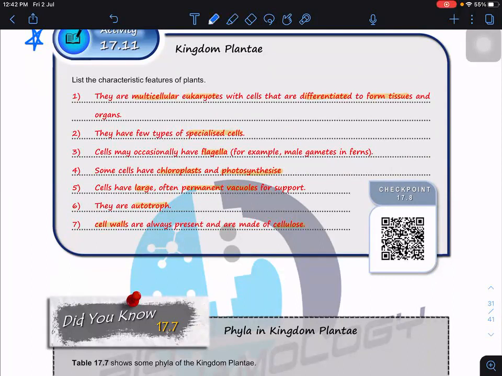So what are the characteristic features belonging to kingdom Plantae? Cell wall, chloroplast and photosynthesis, but you have to put in that they are multicellular, because unicellular Protoctista also have chloroplasts. Some of them have chloroplasts and can carry out photosynthesis. But this one is multicellular, okay, these two. And then we can put in the cells: they have a large, permanent, centrally located vacuole, again, special for the Plantae.